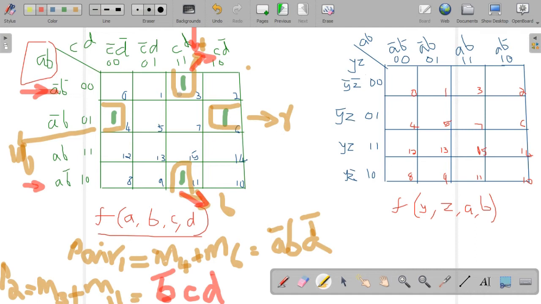Next we are moving to the chords. Consider these two ones, here also another two ones. So what we can do easily, we can mark it as a chord. Two values are in the top and the remaining two are in the bottom, so we can make it a chord. Let's write it as Q1, chord 1, equal to what are the total minterm positions?